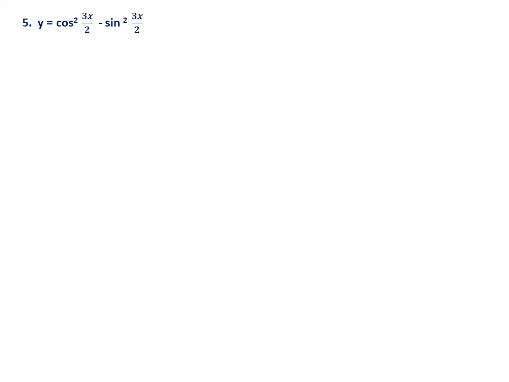Next, the fifth question: y equal to cos square 3x by 2 minus sin square 3x by 2. Then what is d square y by dx square? Of course, it's a second order derivative. The options are given: minus 3 square root of 1 minus y square, then 9y, then minus 9y, and the same thing, 3 square root of 1 minus y square. Two answers are with plus minus, two answers are with minus plus minus once again.